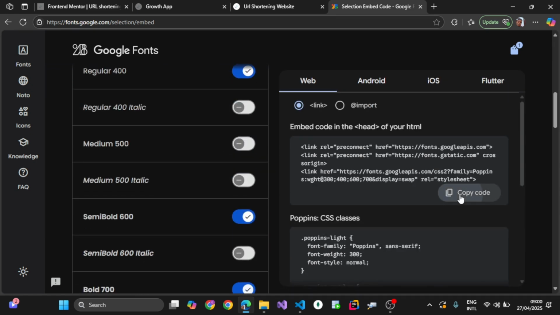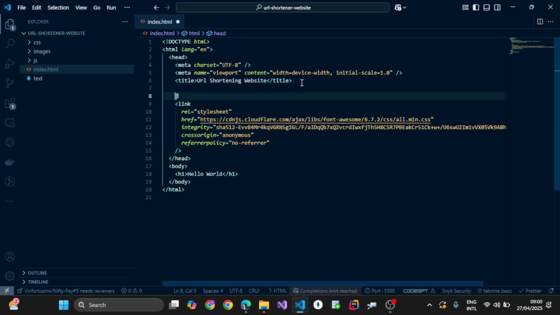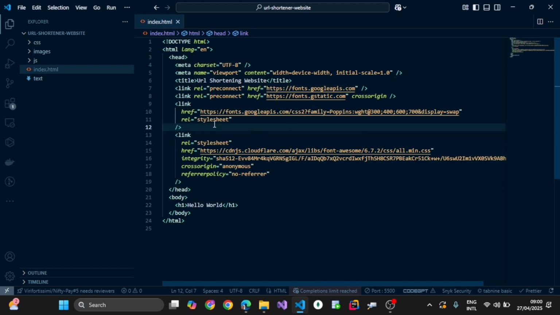So I can copy this style here. I'll go back to our HTML page in our head tag, just below the title, and paste this. So we've linked the Poppins font family to our project, so we can use Poppins here. So I can take out our h1 tag, and let's not forget to do something also. We're going to add